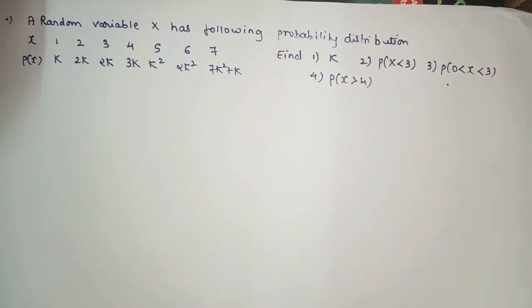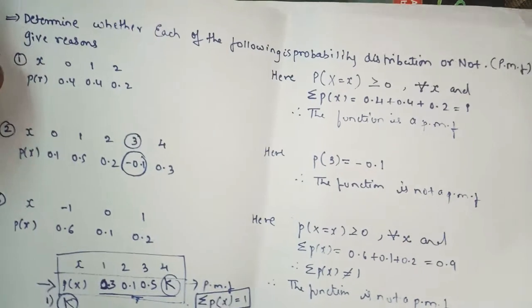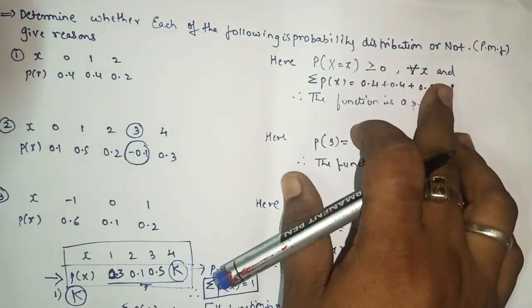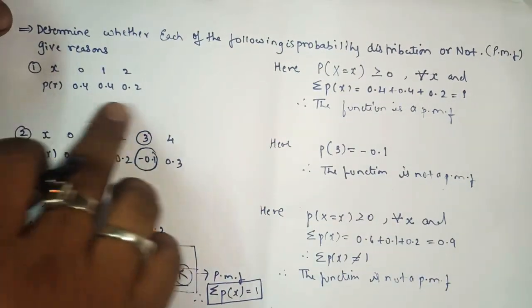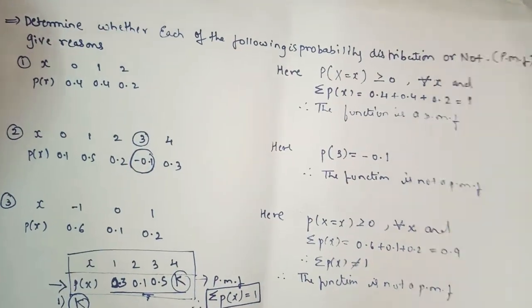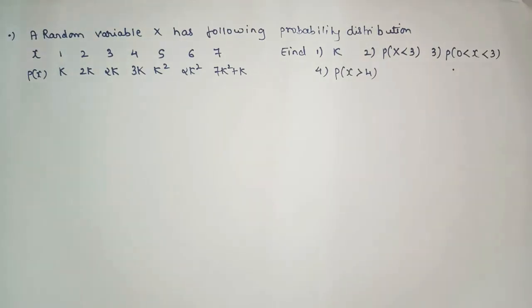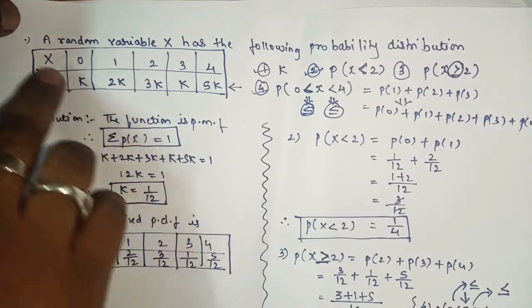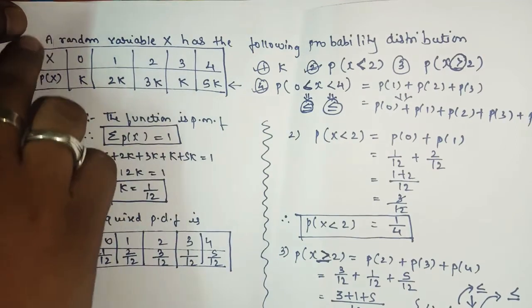Hello students, as in the last lecture, we saw how to find the value of k when a random variable x has the following probability distribution, and even we saw how to determine whether each of the following is a probability distribution or not, or whether a given probability distribution is a PMF or not. Yes or no? As I explained in the last lecture, whenever you have to find the value of k, remember a random variable which is given this probability distribution